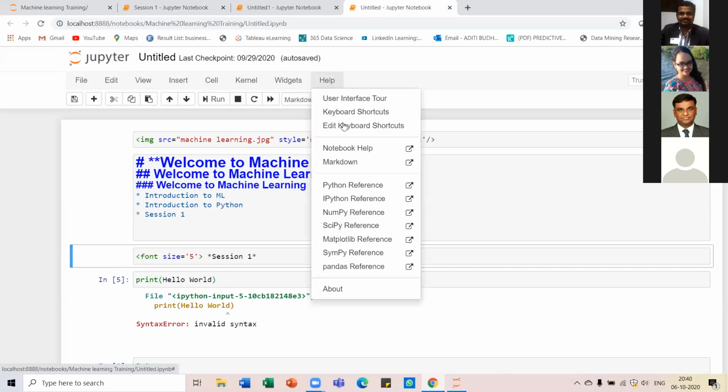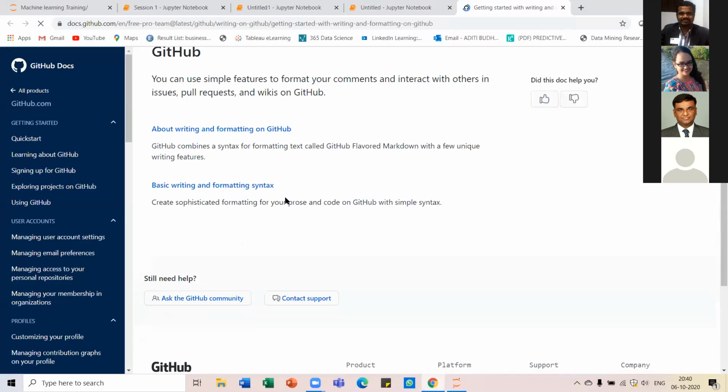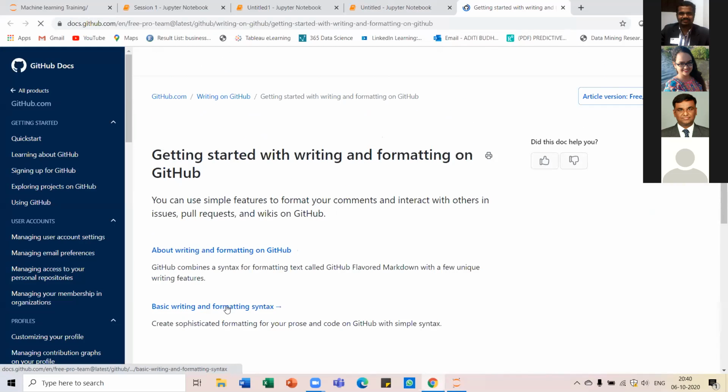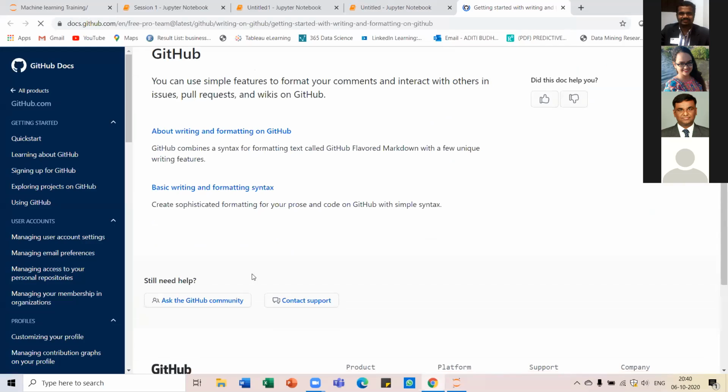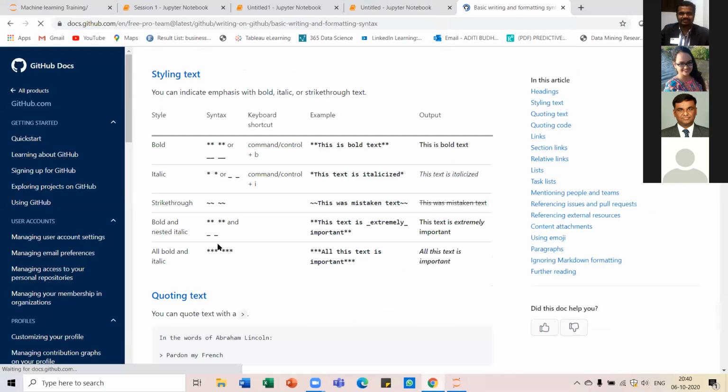And over here also you can go to Markdown. A page opens up, and it is actually a GitHub doc, and here you will find many things like formatting syntax. So you can make use of this also. There are many syntaxes present over here.